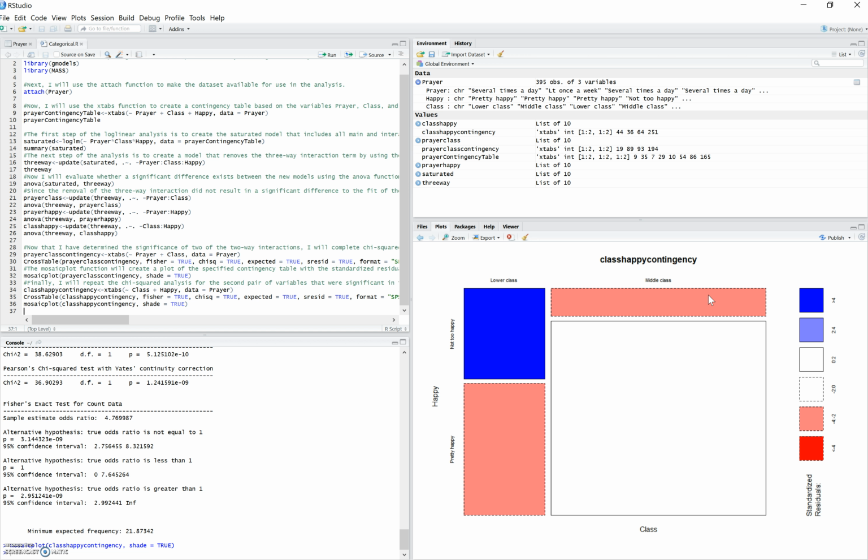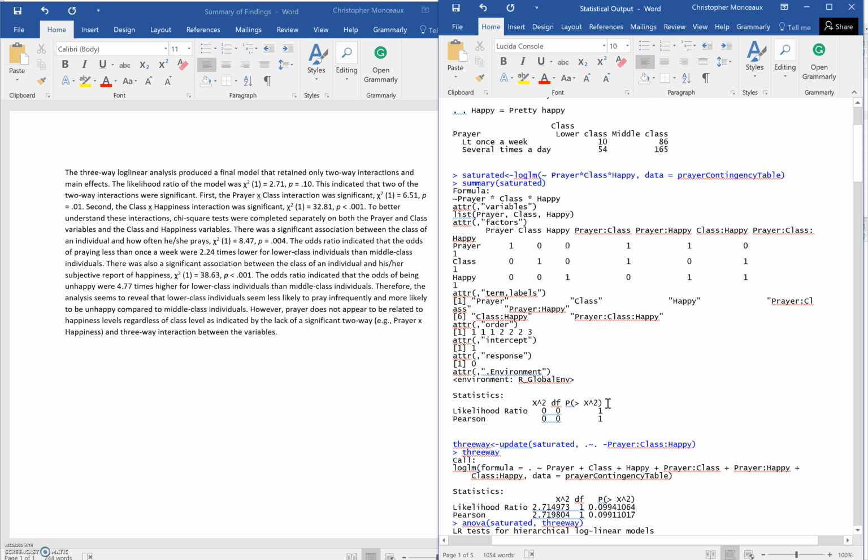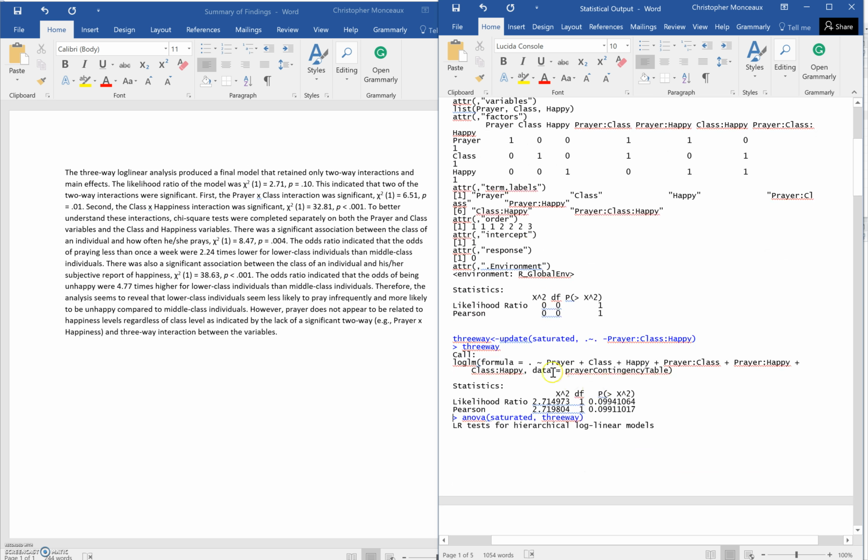So now I'm going to show where the information from my summary of findings came from out of the output. The information in the summary of findings came from several places throughout the output. The first is the information on the final model. This came from the three-way model, which we can see here. The likelihood ratio that's being reported in the summary of findings came from here,